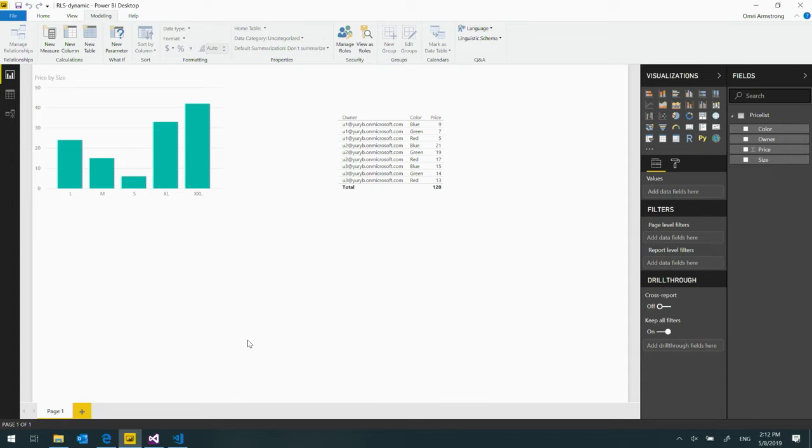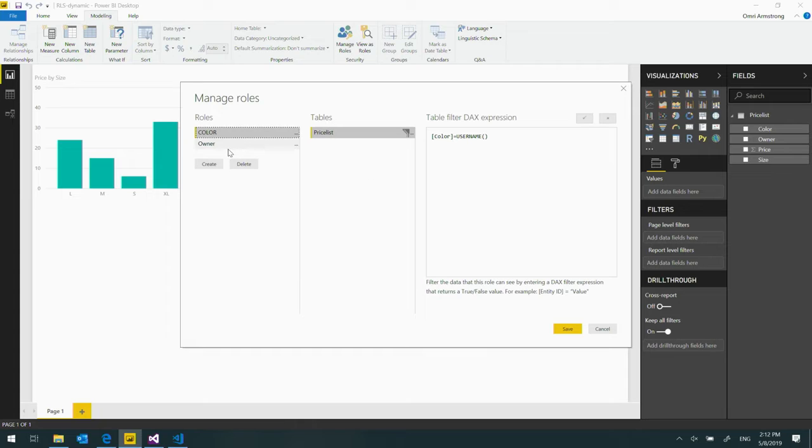Okay, so we see Power BI Desktop. Again, I'm in the modeling tab right here. I don't know if you can see that. And I have some sort of a data set here. It has a bunch of users, a color, and some price tags relating to shirts. If I go to Manage Roles, I see that I have two